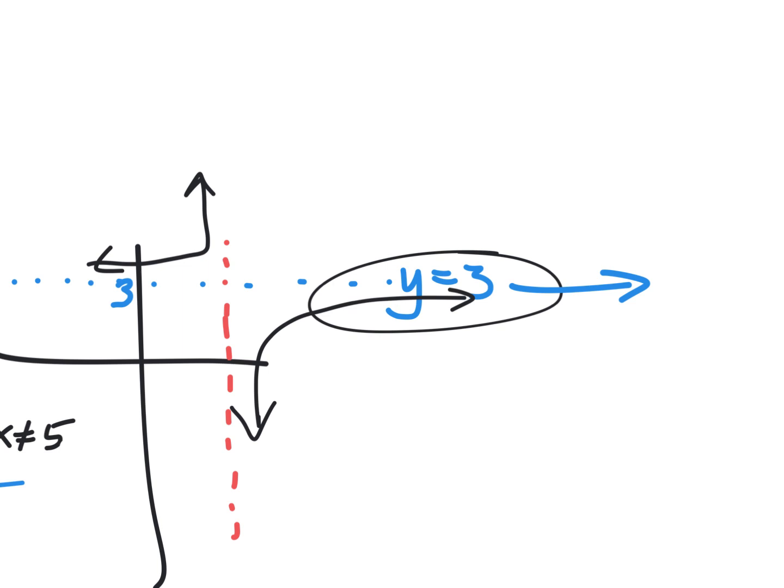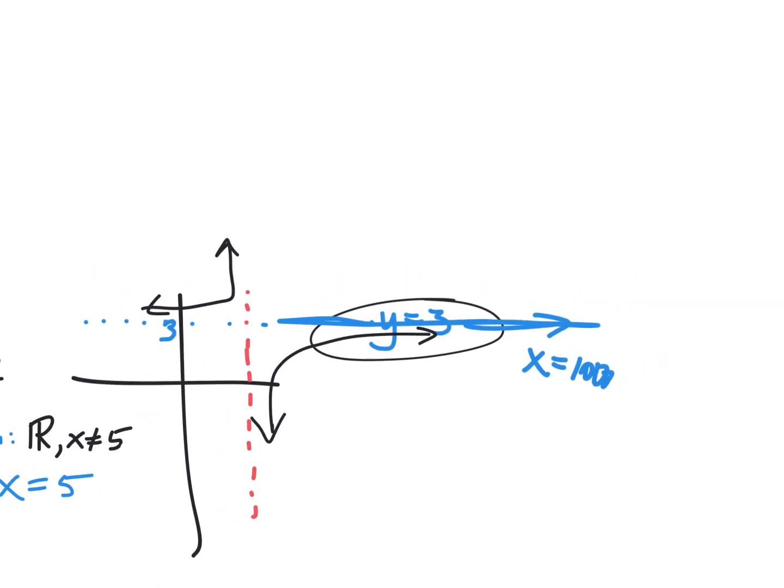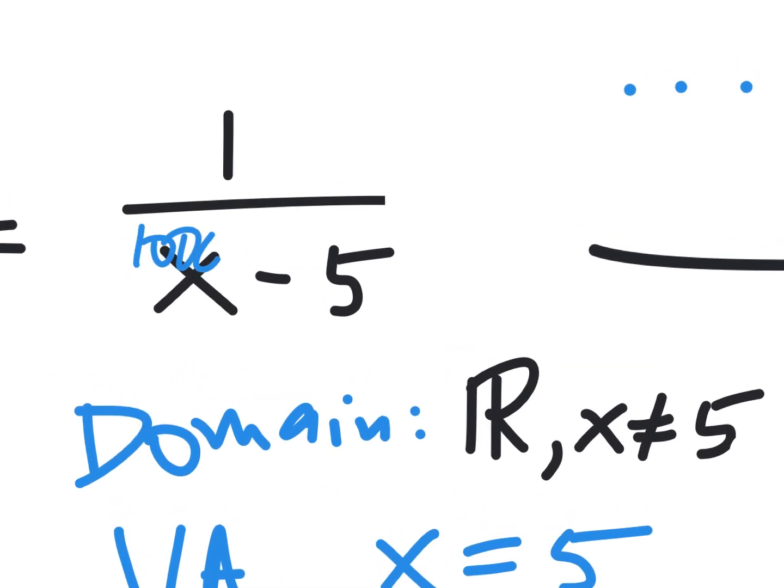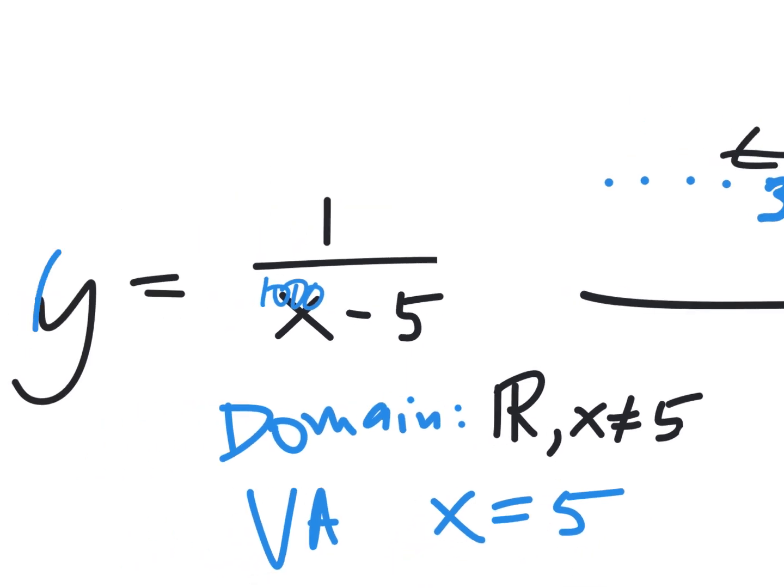Okay, so what's way over there? Well, x would be like 1,000. So I call this the 1,000 idea. If you put in 1,000 for x, whatever y is when you're 1,000 places over, that's where the asymptote's going to be. It's wherever y is when you get there. Okay, so the idea is you put in 1,000 in your function. So I go over here and I go, well, if I put in 1,000, where would the y be? Well, y would equal,